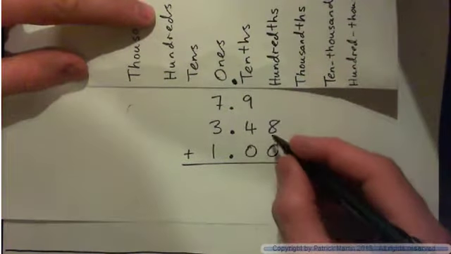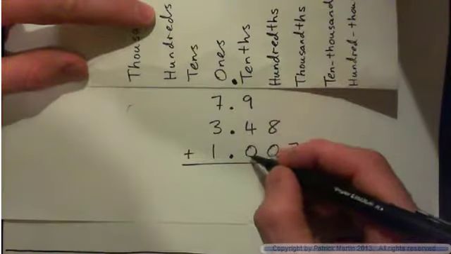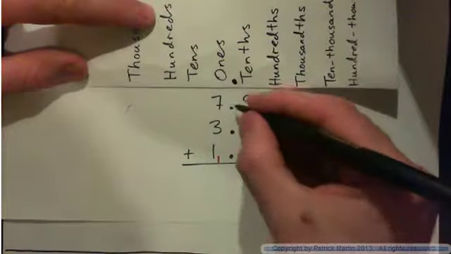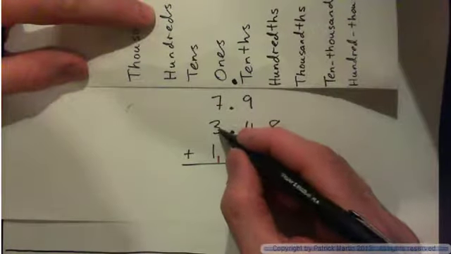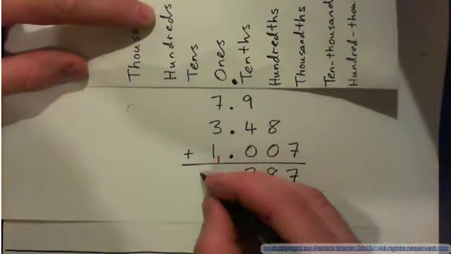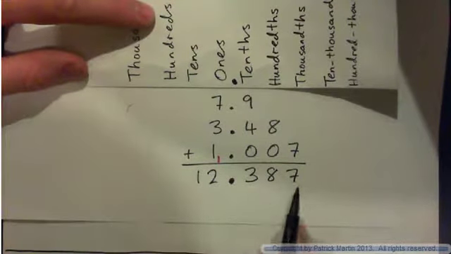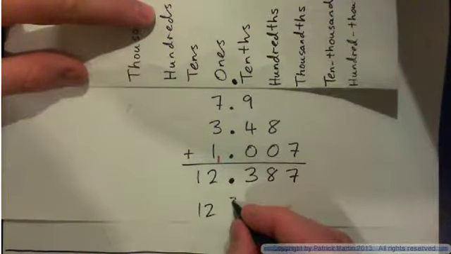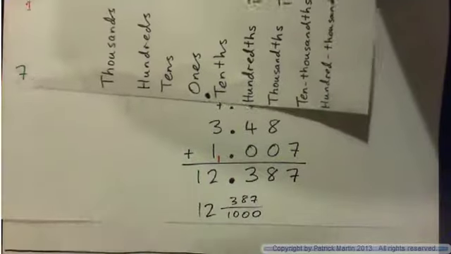All the hundredths is easy too. 8 and 0. That's 8 hundredths, right? Tenths. 9 and 4 is 13, and 0. That's still 13. Carry the 1. Put your decimal point down underneath here. You always write down the decimal point underneath the decimal point, right? 1 and 1 is 2, and 3 is 5, and 7 is 12. Okay. So we have 12.387, or just for fun, 12 and 387 thousandths. You might remember that from the last section. Okay,